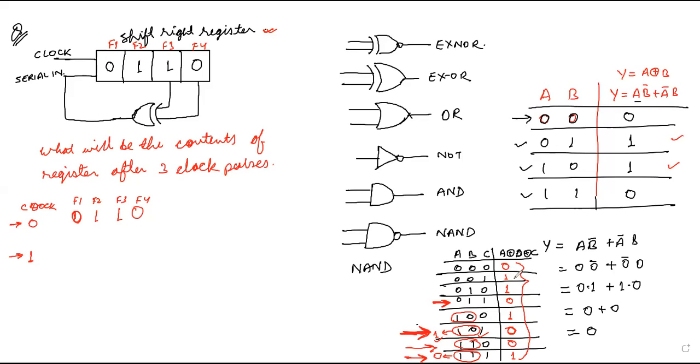मैंने क्या कहा? An odd number of inputs are high, then output is high. हाँ, मतलब ऑड नंबर ऑफ इनपुट, जैसे यहाँ पर आप इस केस में देखो, यहाँ पर एक ही इनपुट हाई है, मतलब ऑड नंबर ऑफ इनपुट हाई है। इस वाले केस में ऑड नंबर ऑफ इनपुट हाई है, इसलिए आउटपुट हाई है। इस वाले केस में, लेकिन इस वाले केस में, ओके लेट मी चेंज द कलर।